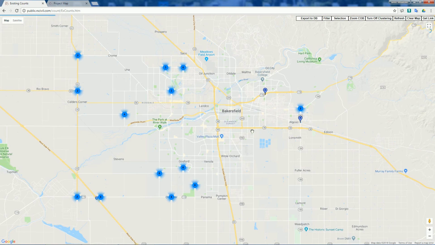This is our existing count interface that I built. Now as you can see, the individual counts are actually clustered together where they get too dense. And this enables us to load a great number of counts. Now you can see this